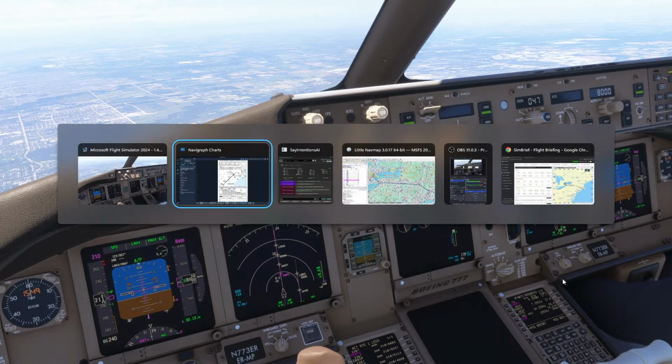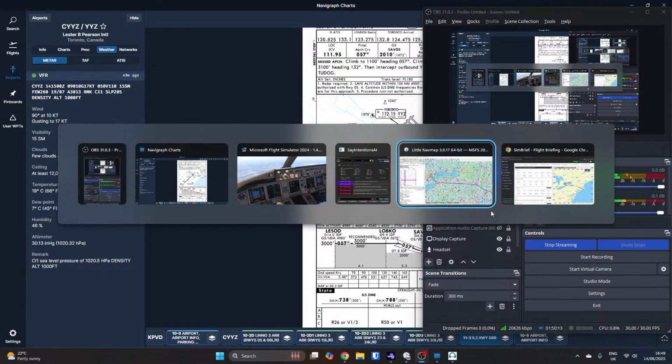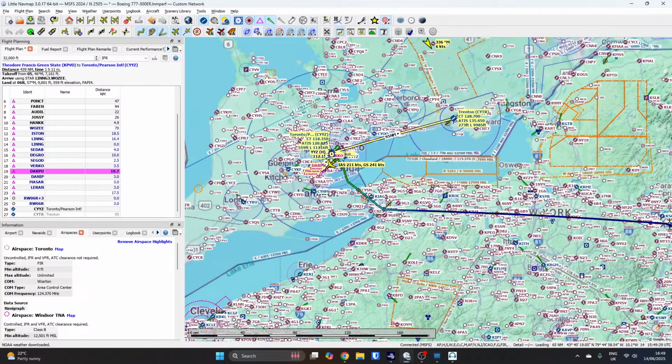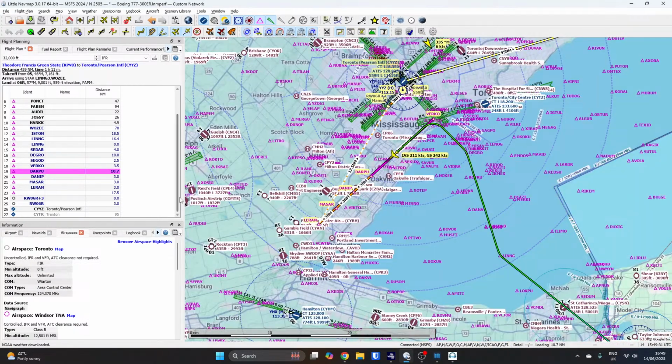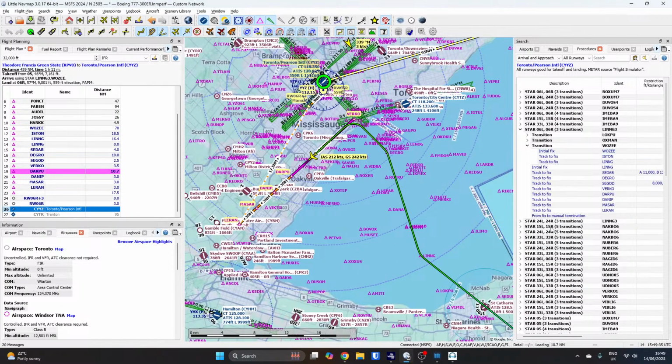So how far are they going to take us out? If we go and have a look at our little nav map. Whoops, wrong alt tab there. Let's go and zoom in. And I haven't set it here, have I? So let's go and show the arrival procedure for